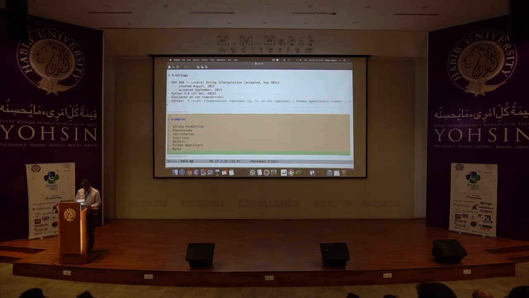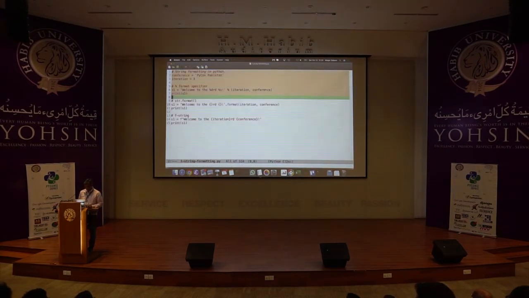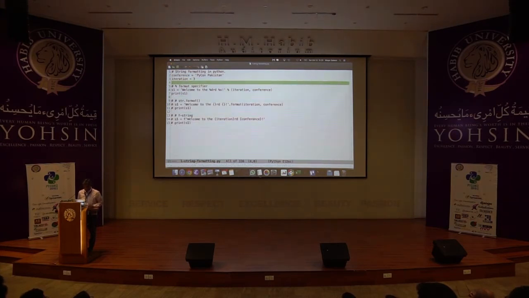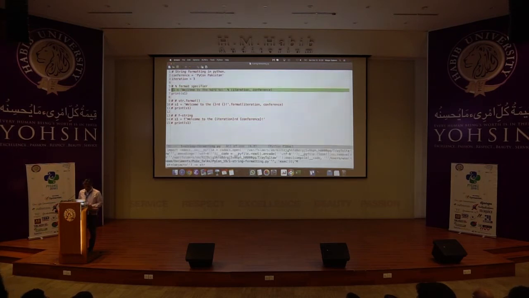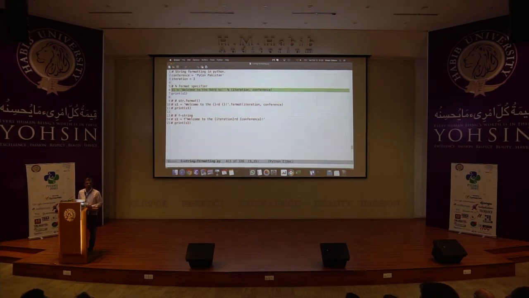So I want to show you a few examples. I thought the best way to demonstrate them to you is through code. So let me just go into the files. Okay. So here I have some vanilla Python code. The way we'd usually format a string would be using the format specifiers. We're all familiar with this %d or %s. People who started with Python in the earlier days may be familiar with this %d and %s format. And if I run this,